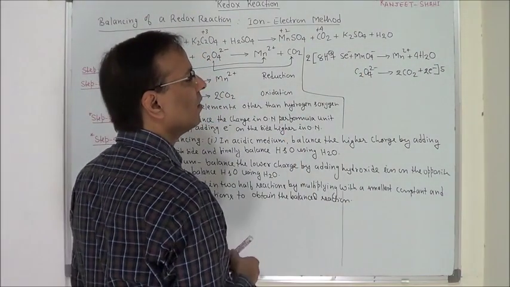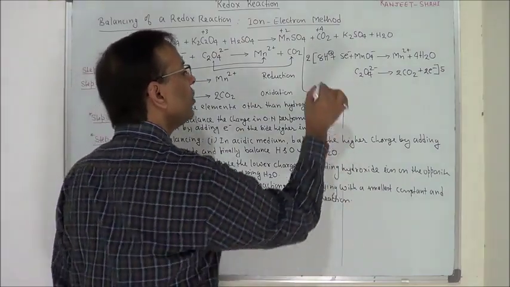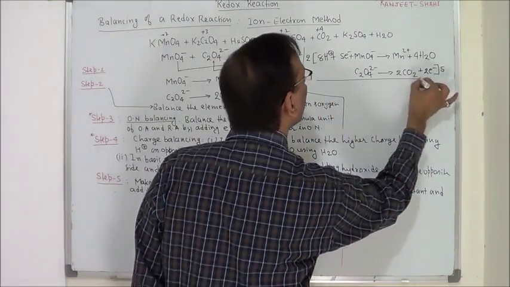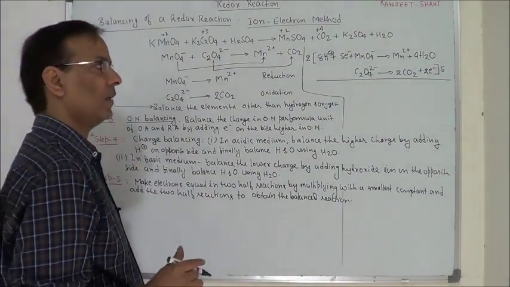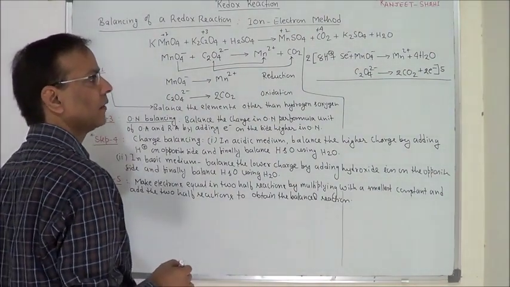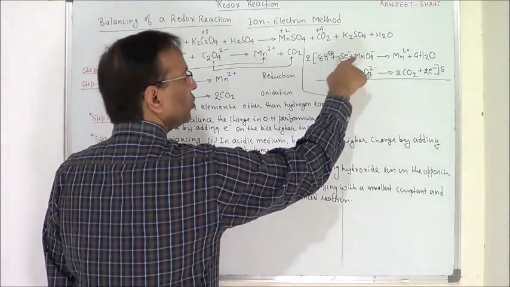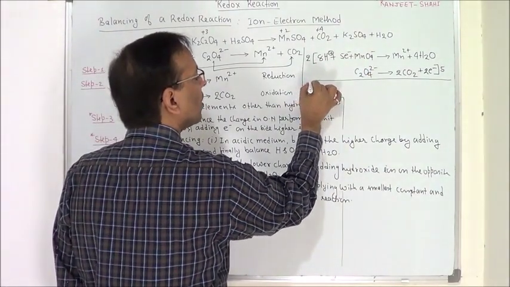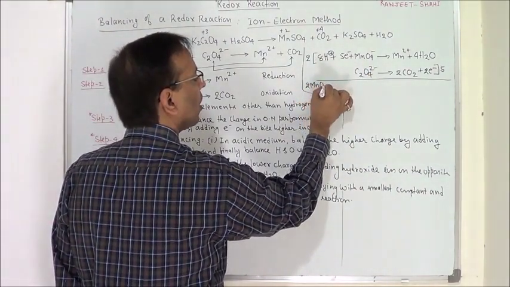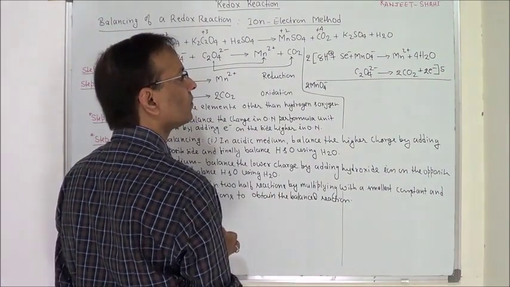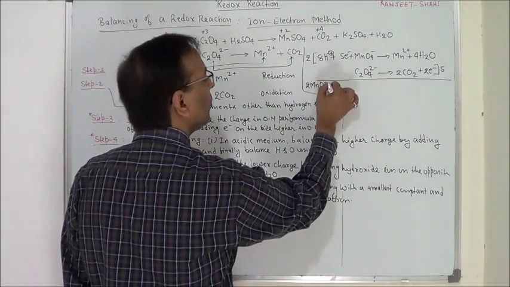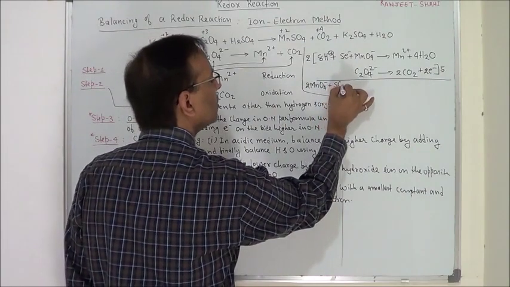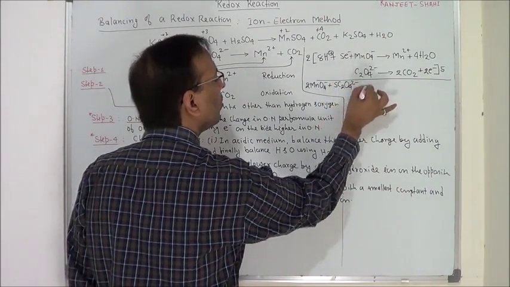Electrons will cancel off. If we do this, we'll obtain an almost balanced redox reaction. What we'll obtain? 2MnO4 minus plus 5C2O4 2 minus